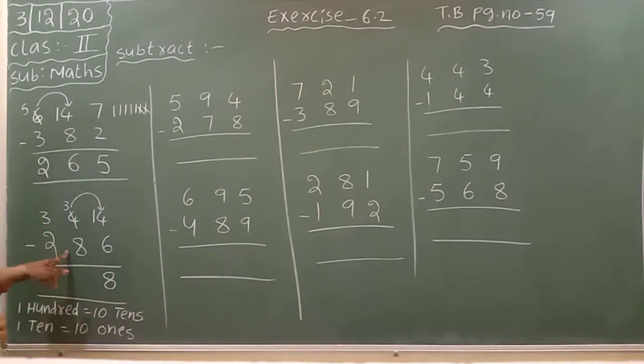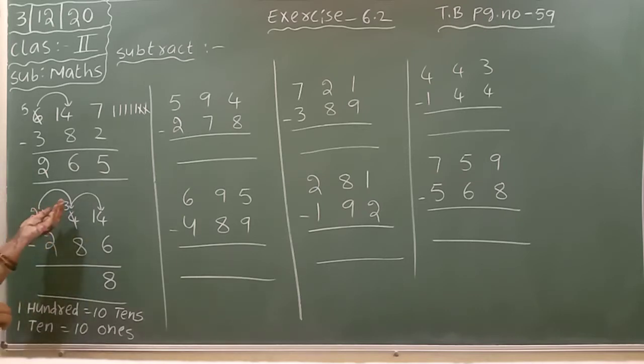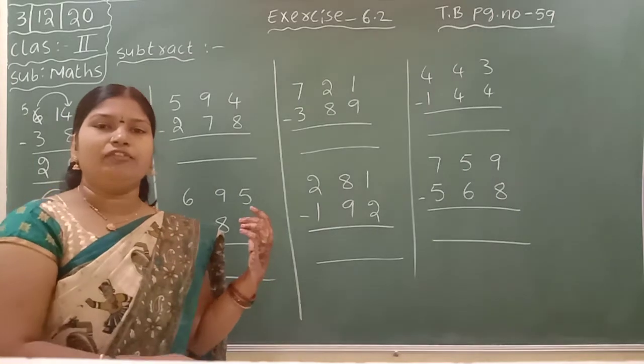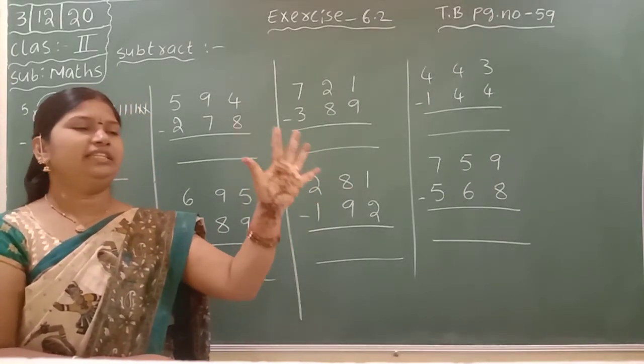Next, 3 minus 8. 3 is also a small number compared to 8. Again take regrouping. Here the 3 giving one number becomes 2. And this becomes 13. So just write down 1 after the 3. 13 minus 8. 8 after, count up to 13. 8 after: 9, 10, 11, 12, 13.